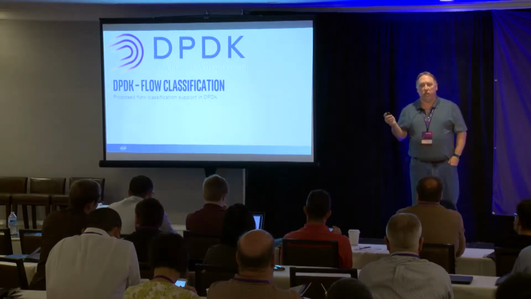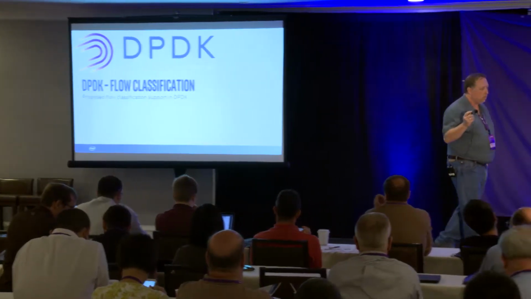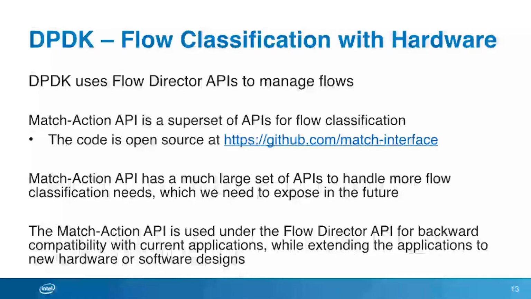Okay, so one of the things we're going to try to do is flow classification. And one of the things that we just open sourced is the match action API set that we use for some of our current hardware. And one of the things that we do in DPDK today for flow classification is we use the flow director API. Flow director typically is tied to a particular piece of hardware, but it is also